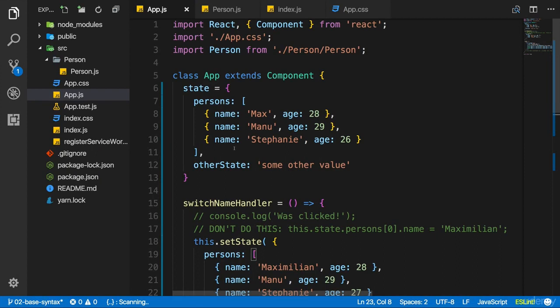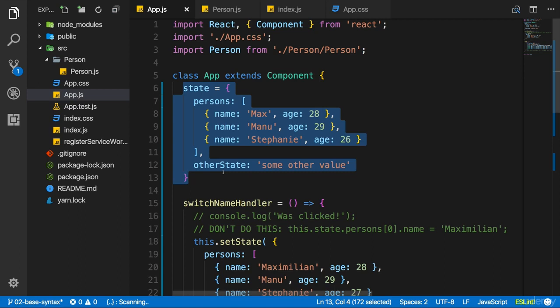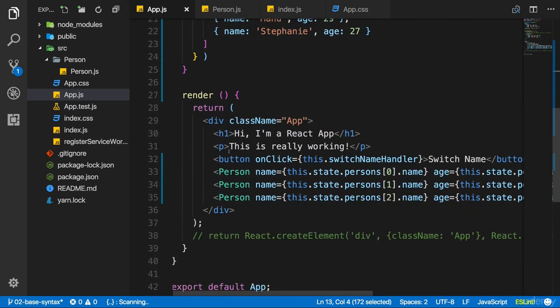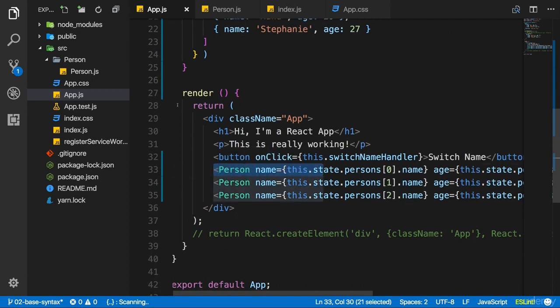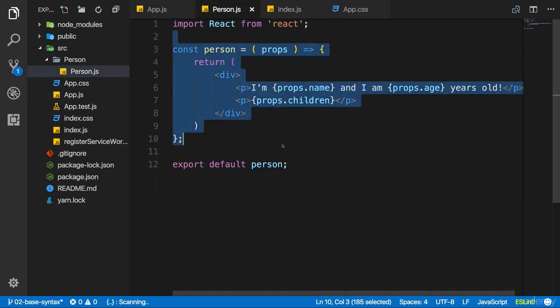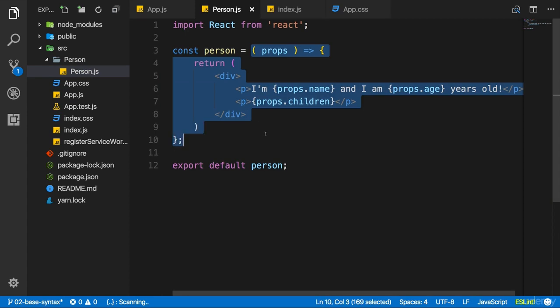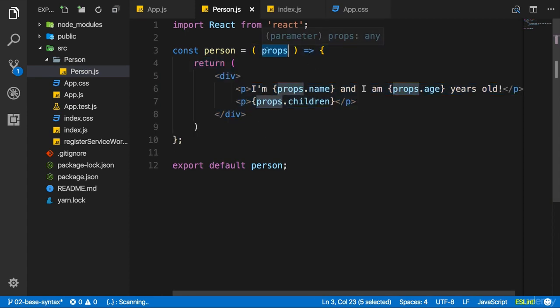There aren't many things which lead React to update the DOM. There actually only are two: changing state and what else? You could already see it in action. Props. We change state, that's nice. But keep in mind, what we actually output for each person is defined in this person component. And there we don't use state. And as I said, we can't use it there because this uses this function syntax. Here we use props. And that's the other thing React watches out for.